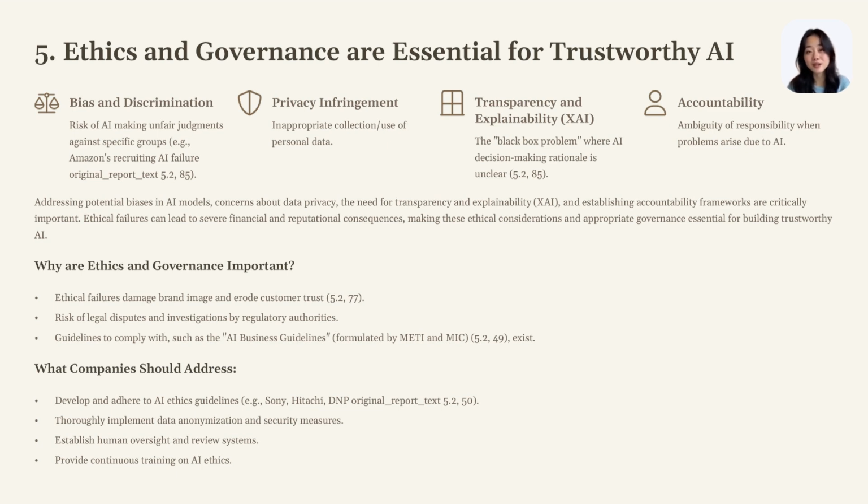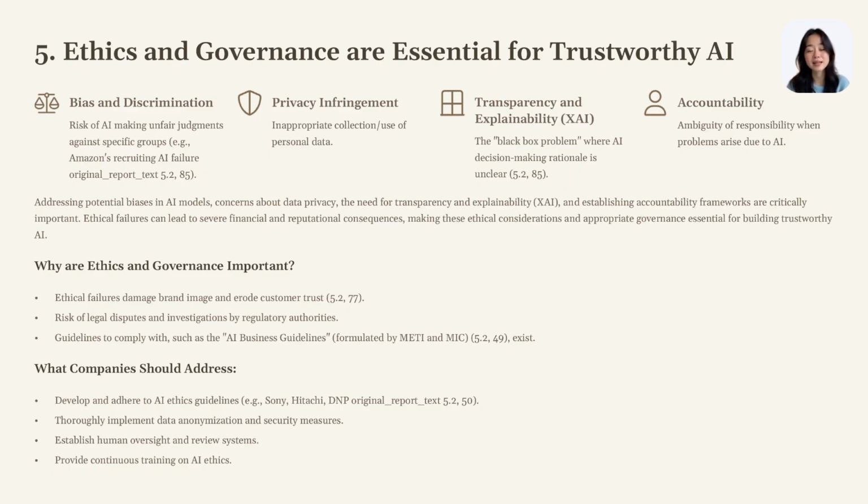If the data that AI learns is biased, the AI itself may make biased decisions. For example, there have been cases where AI screened candidates based on past recruitment data, and people with certain attributes were unfairly disadvantaged. This was also problematic in the case of Amazon's recruitment AI. In addition, the risk of privacy violations due to inappropriate collection and use of personal data cannot be ignored. In addition, the black box problem, in which humans cannot understand the basis for why AI made such a decision, is a major issue. This makes it difficult to determine the cause even if a problem occurs.